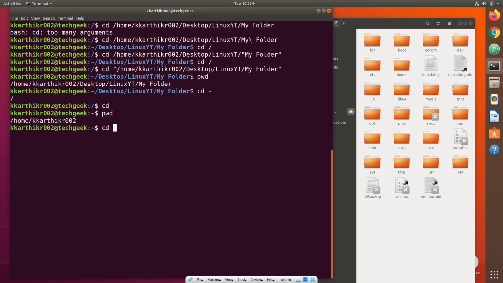You can either use / or, since we are giving an example of hyphen, let's use hyphen. What it does is it changes our directory to the last working directory. Let's go ahead and run it. See, it prints the directory in which we were working before, and also changes our directory to that directory.